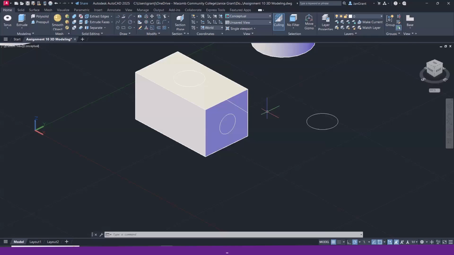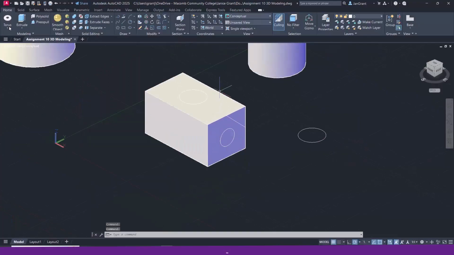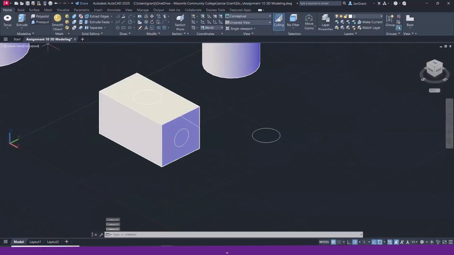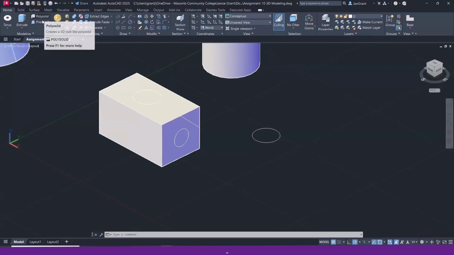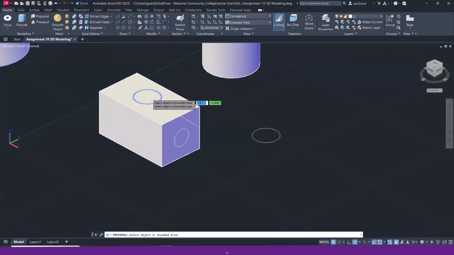And one of the big reasons why you would want to do that is to use one of my favorite commands. It's called press pull. I love it. Up here at the top left corner, there's the command, not extrude. It's a smaller icon. They really should make press pull a bigger icon. It's a smaller blue icon at the top left. Let's click on press pull. Now with press pull, you can go right inside the circle on the top surface, not on the circle edge itself, but inside the circle